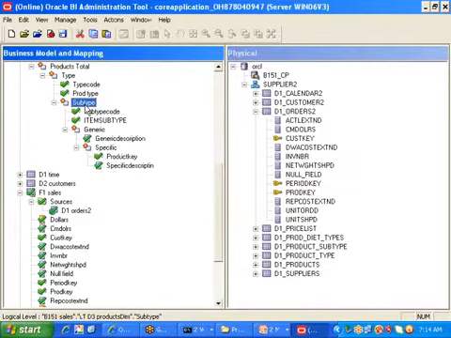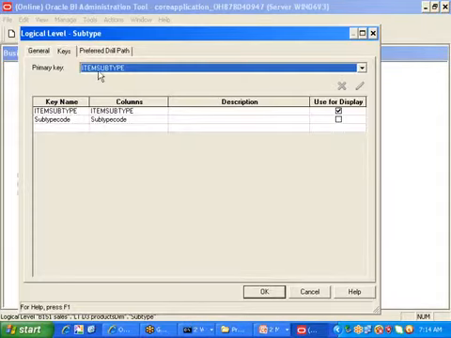Let us go and confirm this one. Double click on this one. What happened here, sir? Item subtype as a primary key. Is it the correct way? Why it came is, whatever is selected first by default will be assigned as a primary key. That's what the system understands.